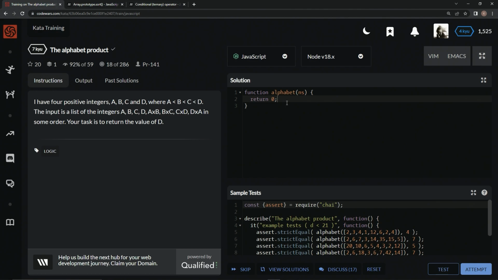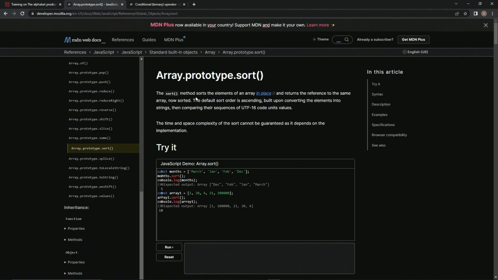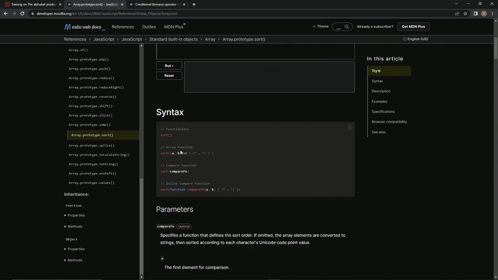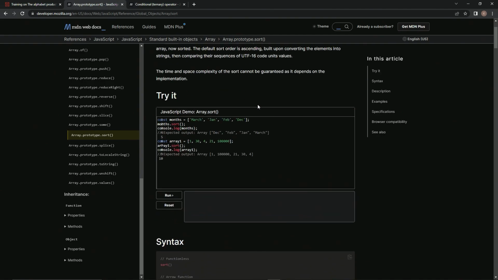So that being said, we're going to sort this using the sort method, which sorts the elements of an array in place and returns the reference to the same array now sorted. The default sort order is ascending, built upon converting the elements into strings, then comparing their sequences of UTF-16 code unit values. So since that's the case, what we're going to have to use is one of these functions, because we've got numerals, digits or primitive numbers,